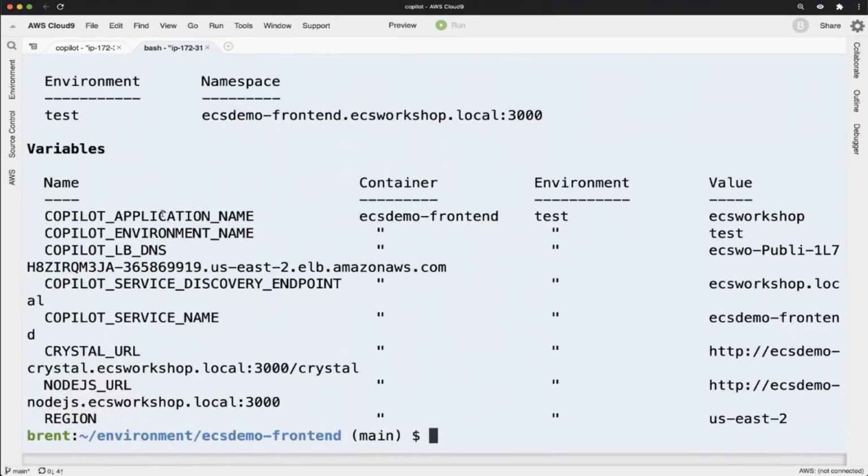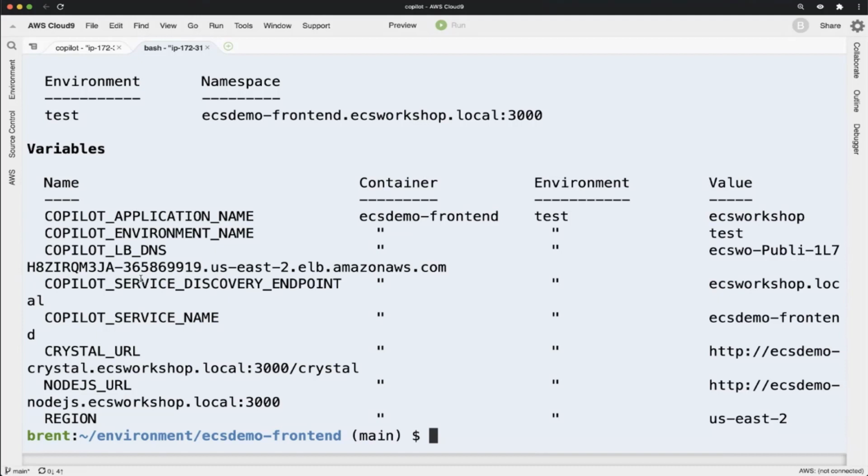And then some environment variables that are inside this container. As my application is running, it has these environment variables set, and I might find these useful for finding